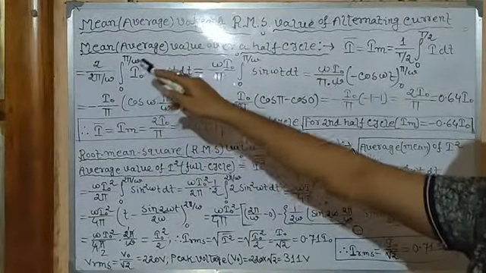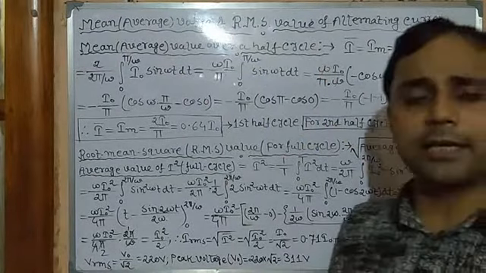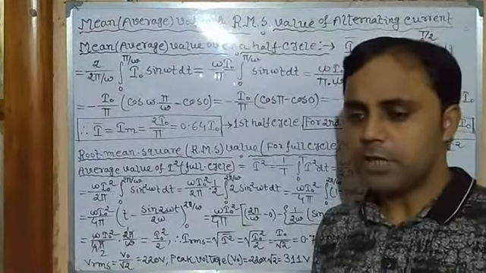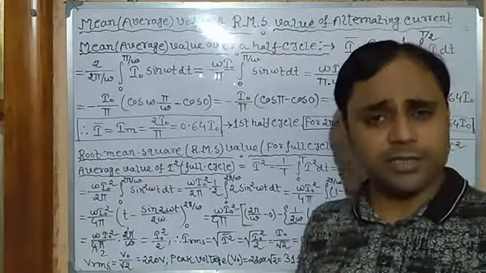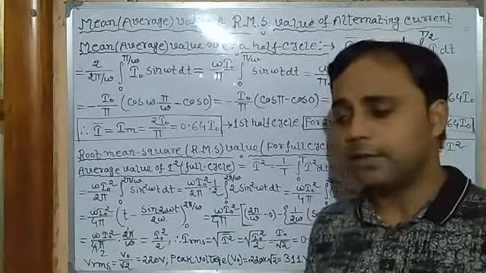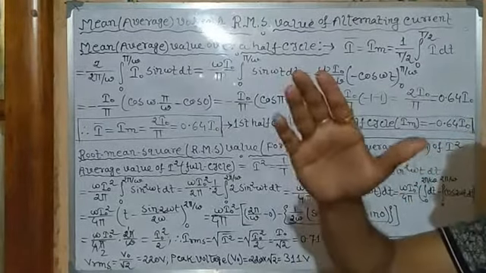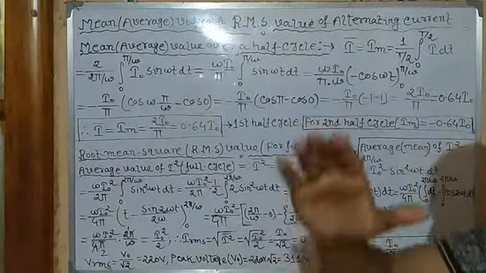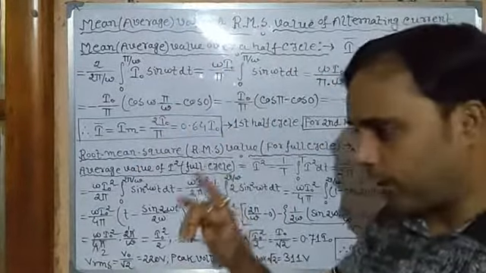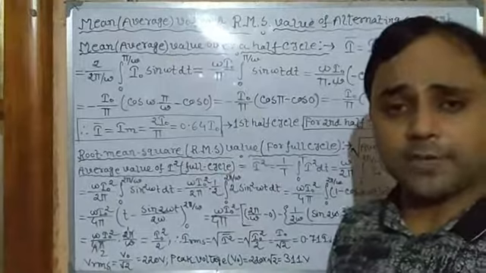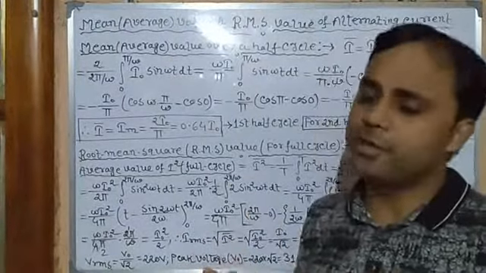So you can see the average or mean value of alternating current over a half cycle. Now why over a half cycle, not through full cycle? Now if you can remember, in the last video we discussed the nature, characteristics and equation of alternating current, and there I explained that in alternating current for the first half rotation it flows in one direction, that is the positive direction, while for the next half cycle, that is the second half rotation of the coil, it flows in the opposite direction, magnitude is the same.